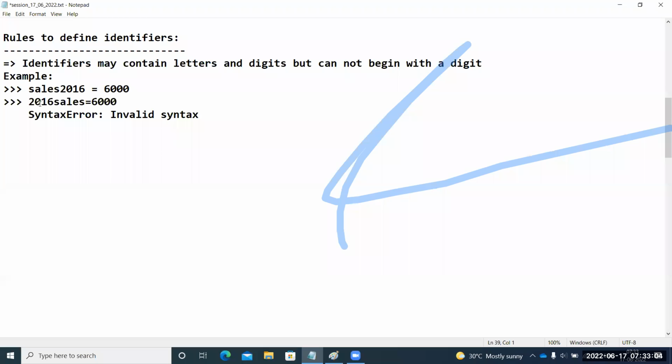Understood? So what is the rule for this one? This may contain any combinations of letters and digits, but it should not begin with a digit. That is the rule. Then how do you implement this rule for Python interpreter? Using the regular expressions. Okay. That subject is different. That is called compiler design, guys. Okay. Now let me check it.